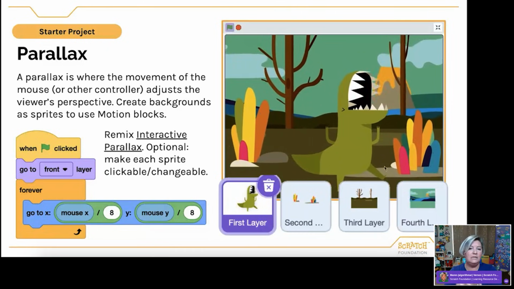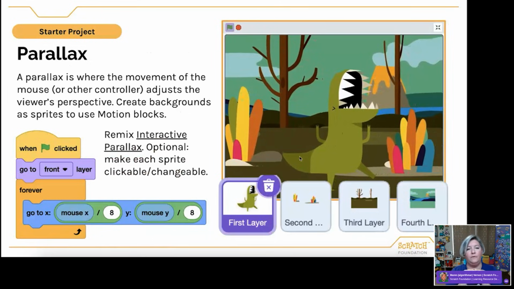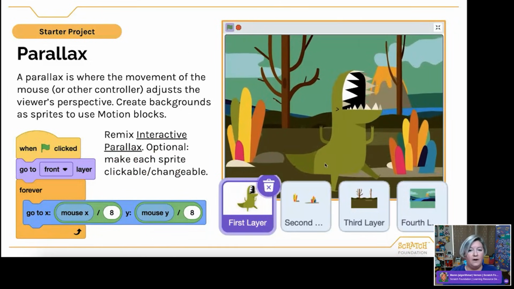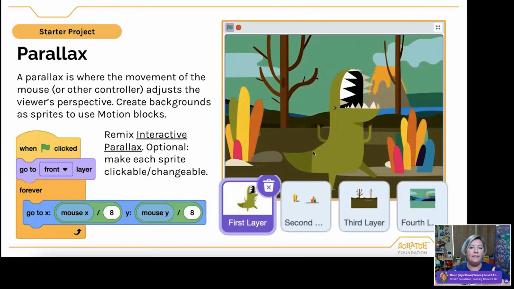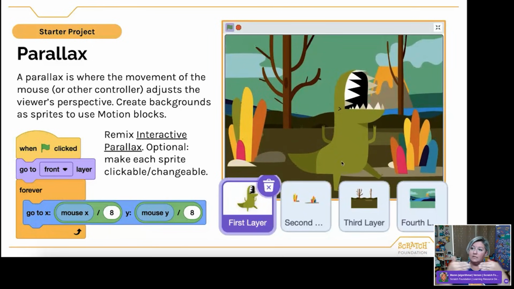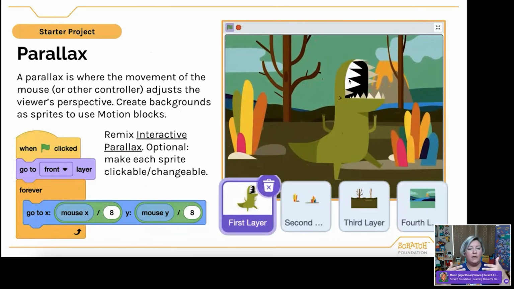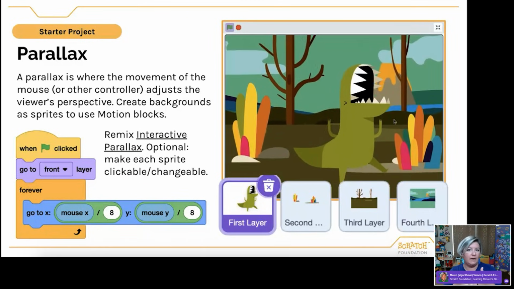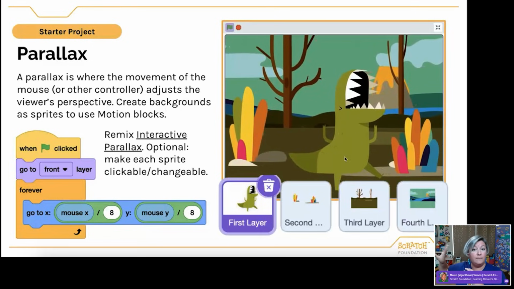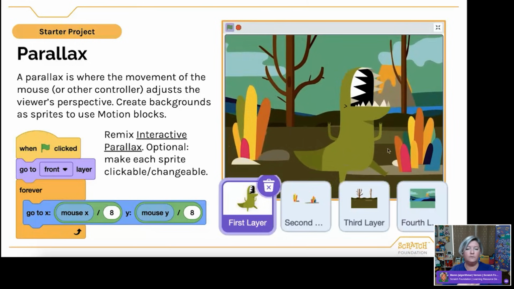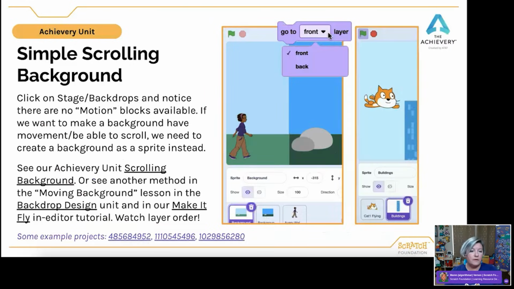But this is also a really neat time to think about things like layering elements. And so layers become very important, as does thinking about perspective. Maybe this is a cross-curricular opportunity with an art teacher to talk about perspective. The items in the background might be smaller than the items in the foreground, giving us that sense of perspective. Another thing that Scratchers love to do is create these scrolling backdrops.